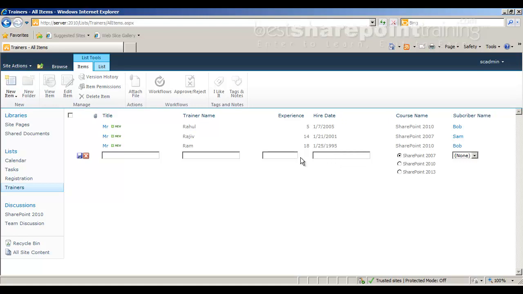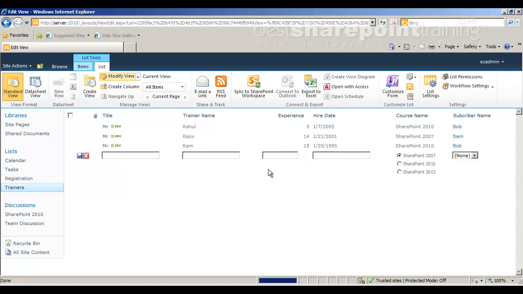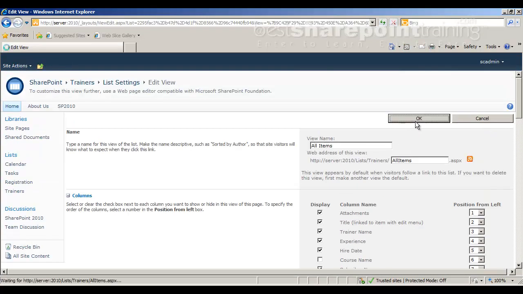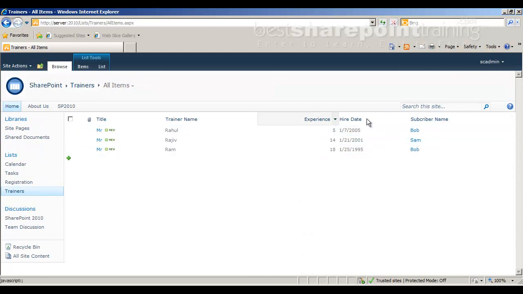But I'll try to remove this experience column, which is mandatory column. So we cannot remove this. Okay, let us try to remove this at least course name. Go to modify view. Let's try to uncheck course name. Click on OK. Now we don't have the course name here, but the moment when I try to add a